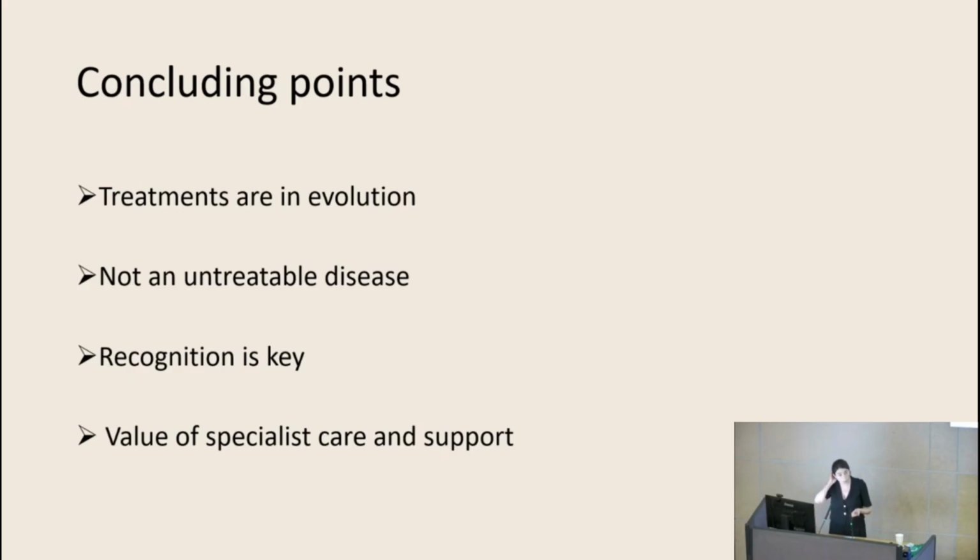And I think if there's only one thing that people take from today's talk, it's to remember that there are people with Huntington's disease who are in the prodromal or early manifest stages of disease, who have prominent psychiatric or cognitive symptoms, and they may present to memory services across the country at a time long before any motor features have evolved. And finally, the last thing I just want to say is about the importance of specialist care and